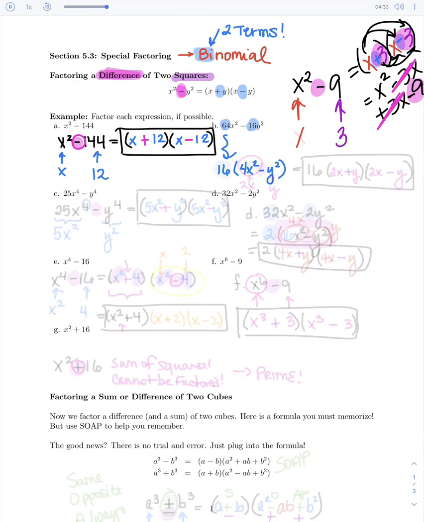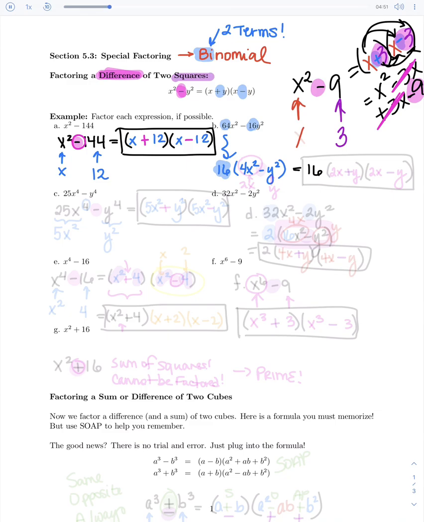Notice, whenever we can, we've talked about this before, we want to always factor out the greatest common factor, which in this case was 16. Now I need to make sure I don't lose it, so I'm going to keep it out in front. The question is whether or not I can go ahead and do my squares now that I've pulled out the